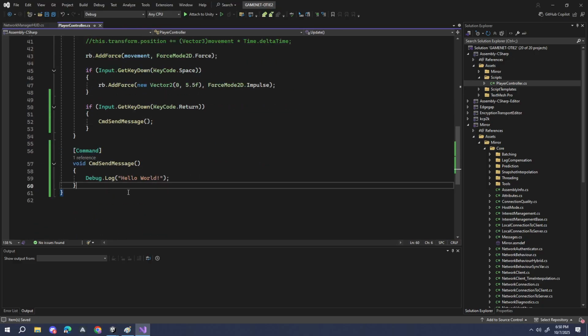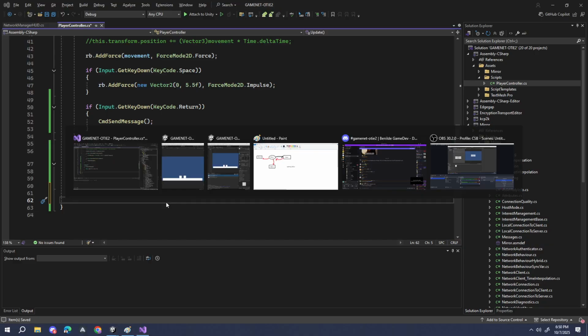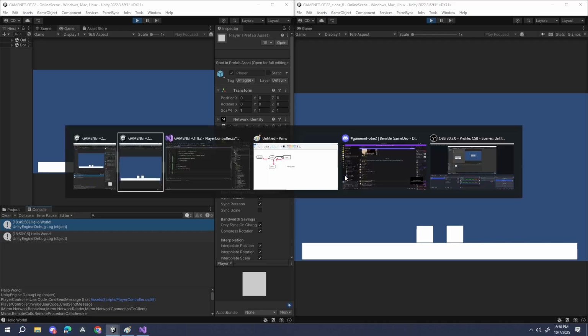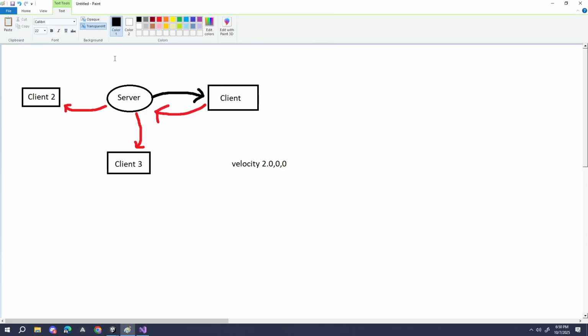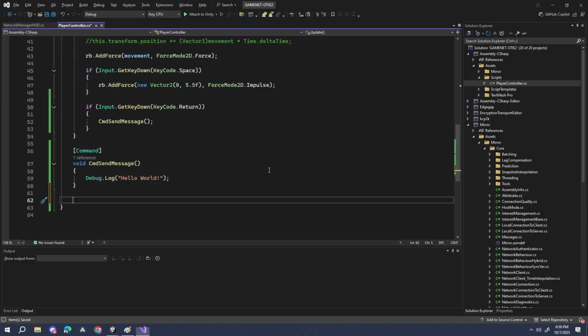So that's the command. Now, if I want everyone to receive that message, from the server here, I will send that message back to everyone. So what does it look like? The client sent data to the server, and then from the server, I will send it to everyone. So what does that look like? So if I put here